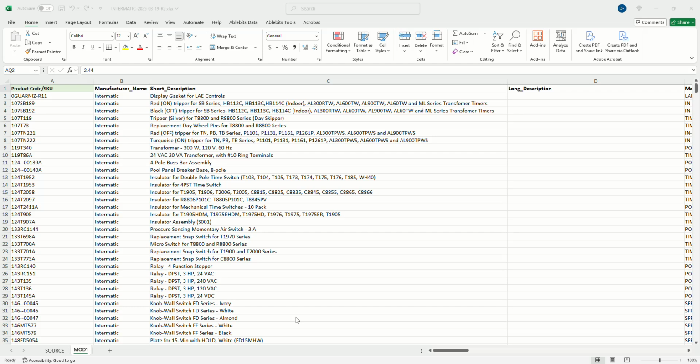Changing the arrangement of the columns so it's more readable and easier to work with, and a few other minor changes. Okay, so picking up where we left off with Mod 1, we go to the Mod 1 spreadsheet